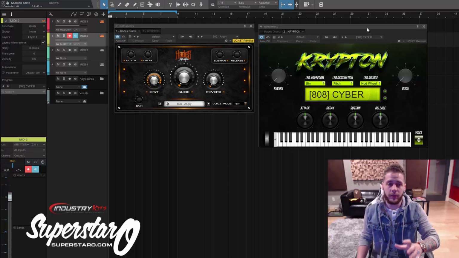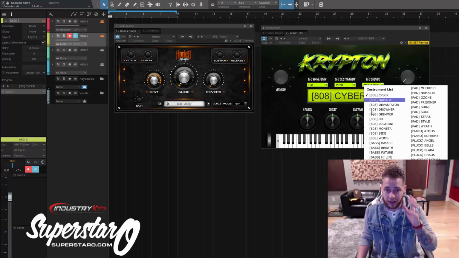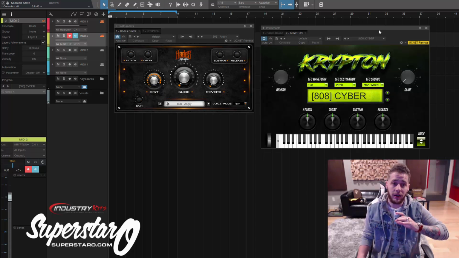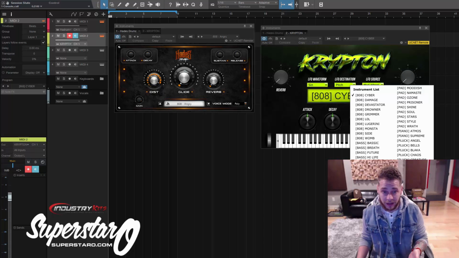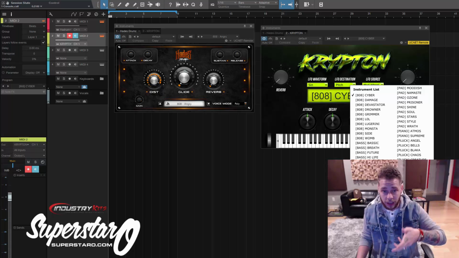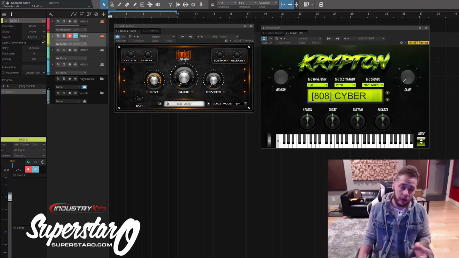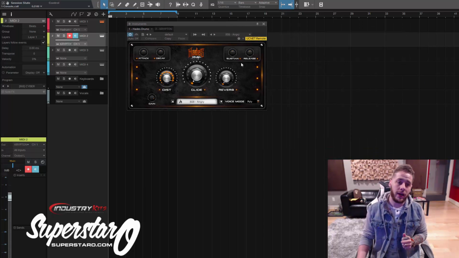Krypton looks a little more simple, but trust me when I say the sounds are here. The sounds are fucking nuts. Everything that you could really want in here is here. There's 808s, there's brass, there's bass, there's leads, there's pads, there's plucks, there's strings, and a lot of these synth sounds are in here, all types of stuff. So we'll go through those, but first off, let's get rid of that and let's just go through the Hades